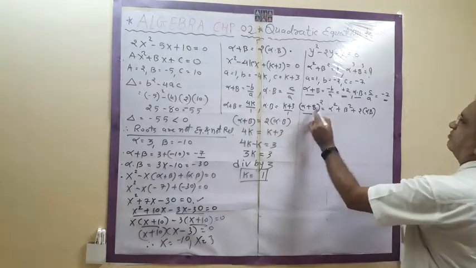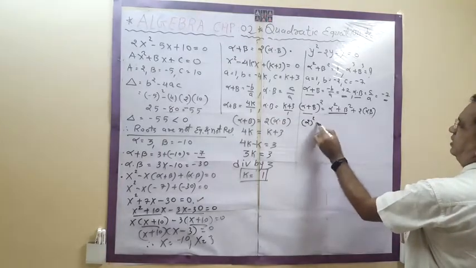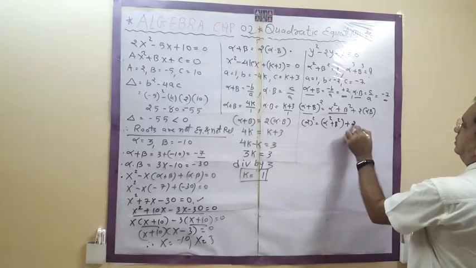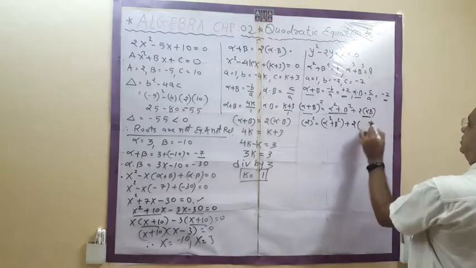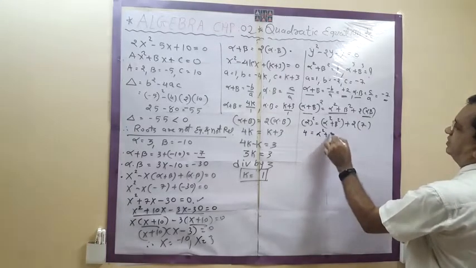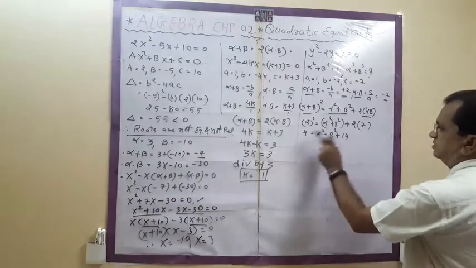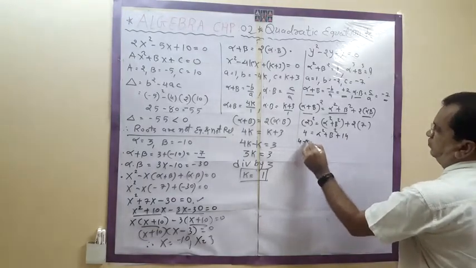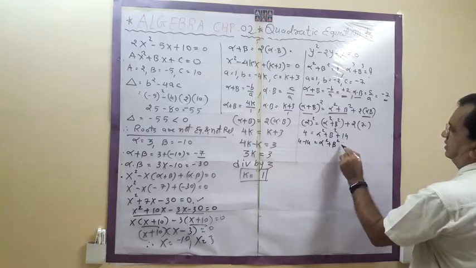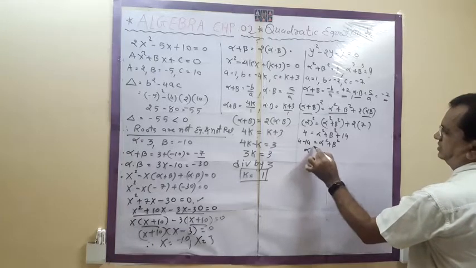So this we have, where it is 2. This we don't have. This we have. What is 7? 2 to the 4. Alpha square plus beta square, 14. This goes this side. 4 minus 14 is alpha square plus beta square. So this is minus 10. I will write this side.